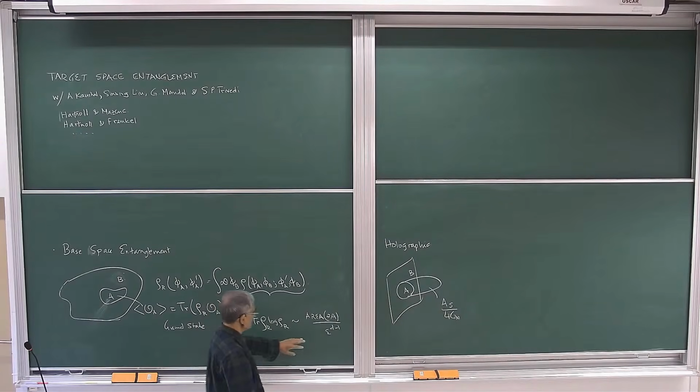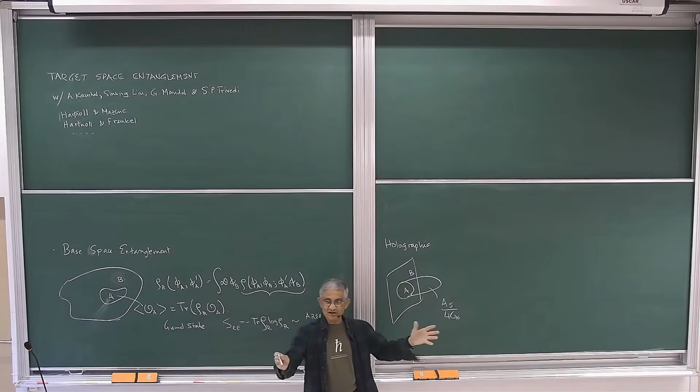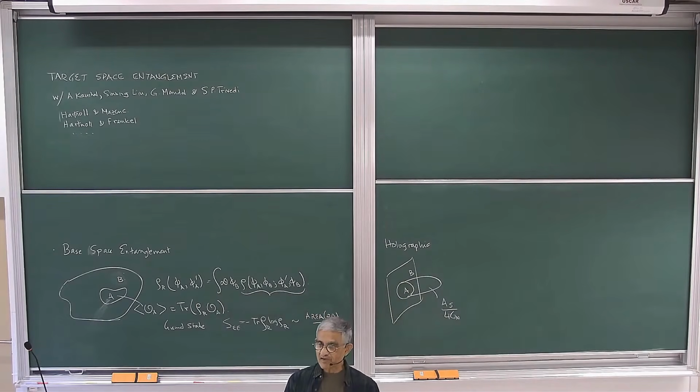This divergence is, of course, present there. It has got to do with the fact that near the boundary of AdS, there is a large region of space. It sort of appears as an IR divergence in